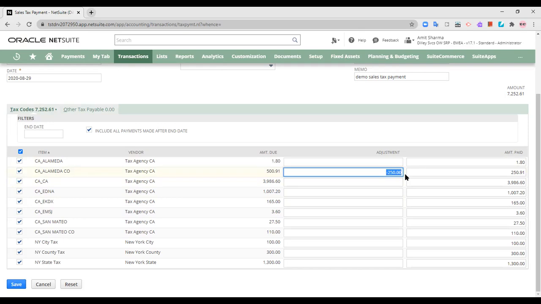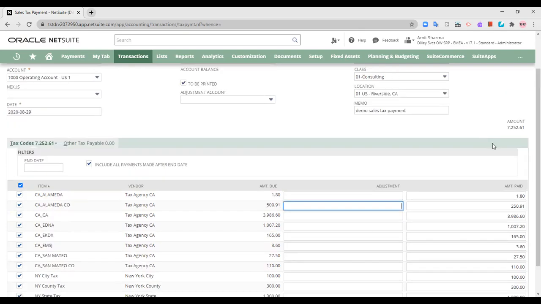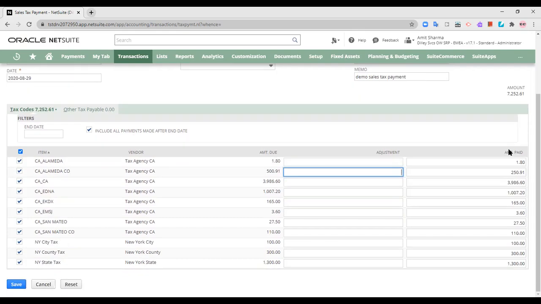In the adjustments tab, you will have to populate the amount with a minus sign if you want any rebate or discount, if you want the amount paid to be less than the amount due. And once all this information has been populated, the total amount is selected over here. As you can see, the amount is selected over here. After any adjustment, the total amount will be provided over here.